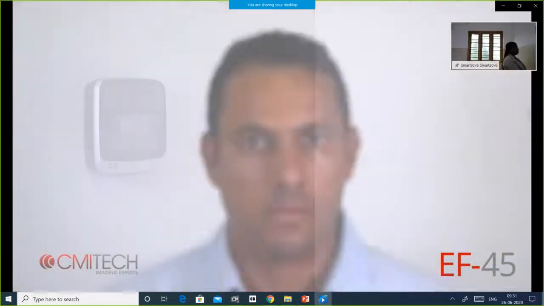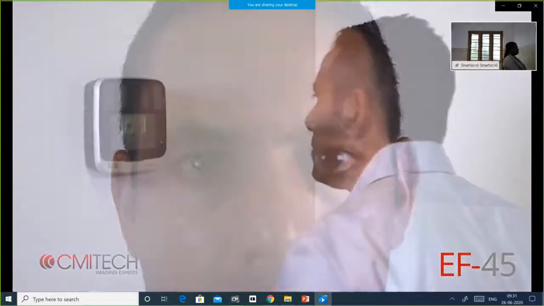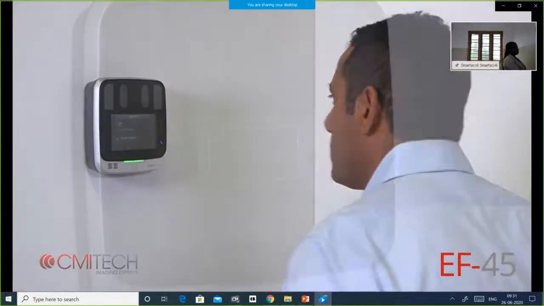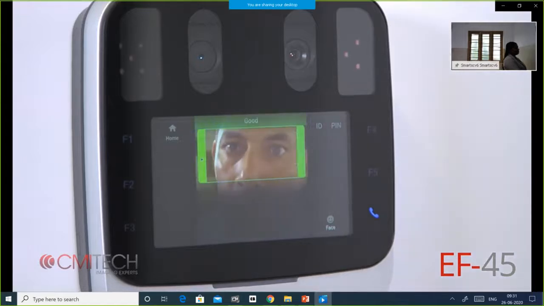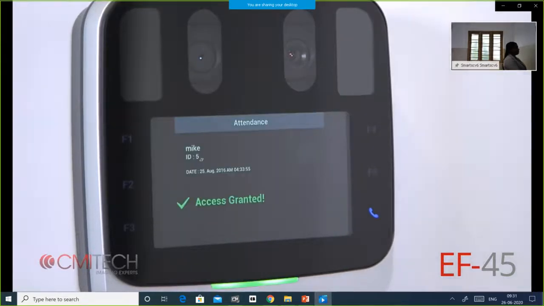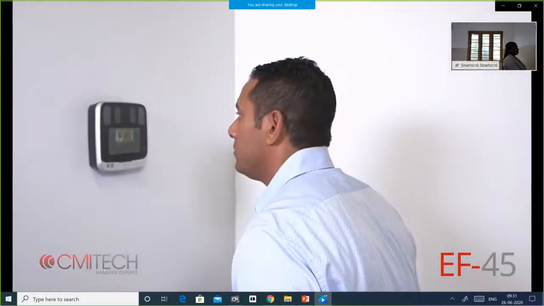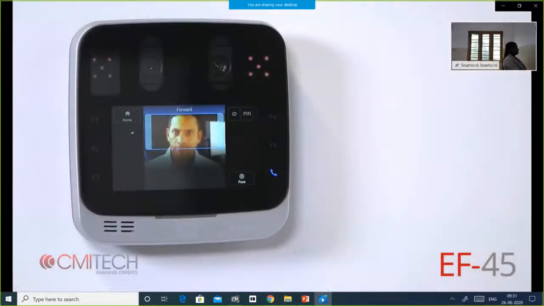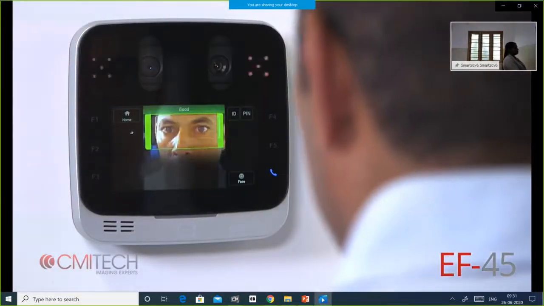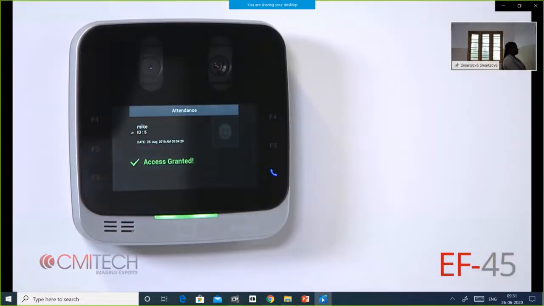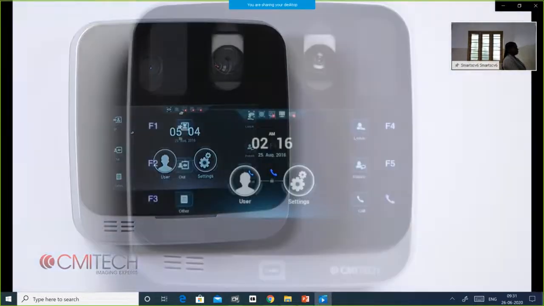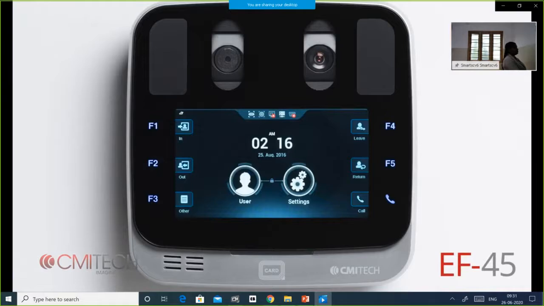In wall-mount applications, the subject walks naturally toward the system to allow intuitive positioning with minimal effort. The system also incorporates an internal camera tilt head mechanism to adjust automatically for a full range of subject heights. For the first time, almost all users, including first-time or non-acclimated ones, will find iris biometrics effortless and intuitive. The EF45 is an embedded terminal with all processing performed on board.